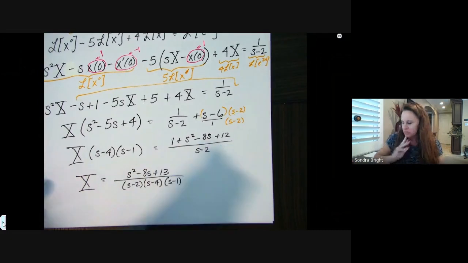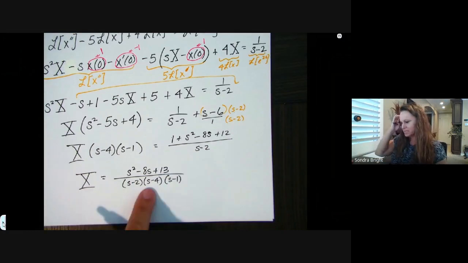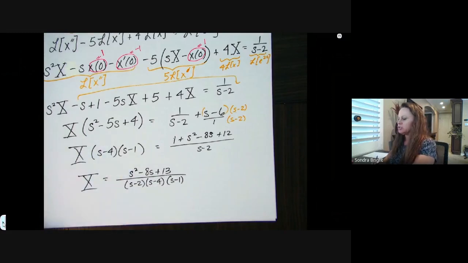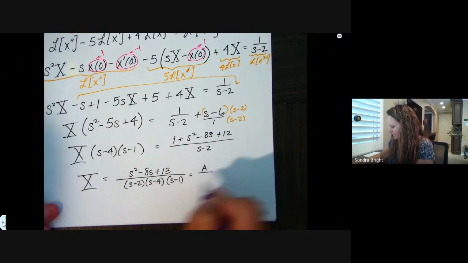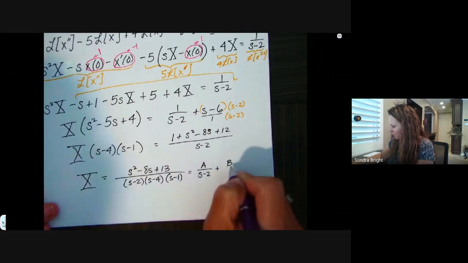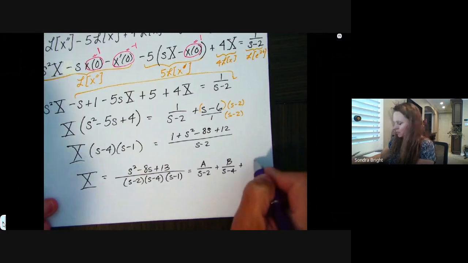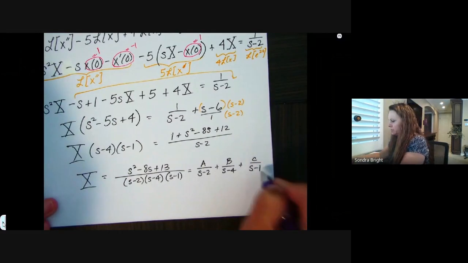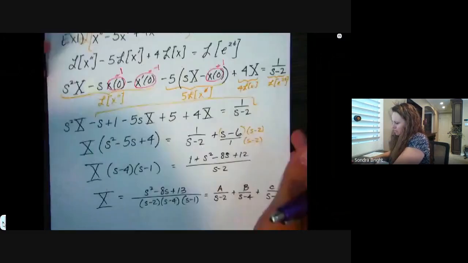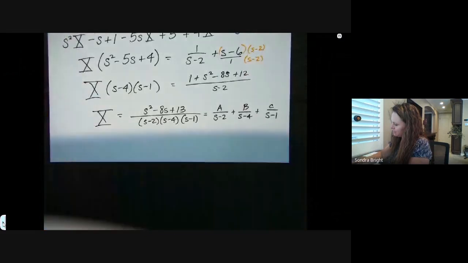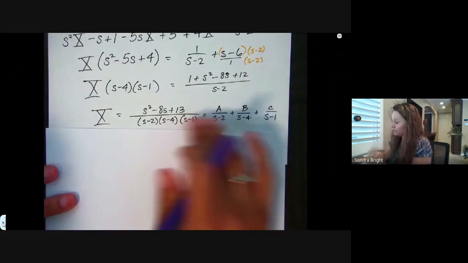Okay, so this is a Laplace transform of something, but it's not obvious right now, right? So what you're going to do is partial fraction decomposition, so that it's said placeholder over S minus 2 plus another placeholder over S minus 4 and another placeholder over S minus 1. And when you go to solve these, you're going to multiply both sides of the equation by the common denominator. So multiply both sides by S minus 2 and S minus 4 and S minus 1 so